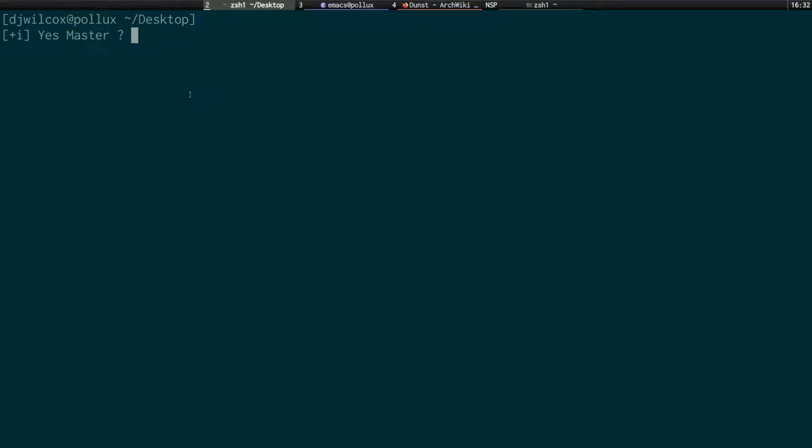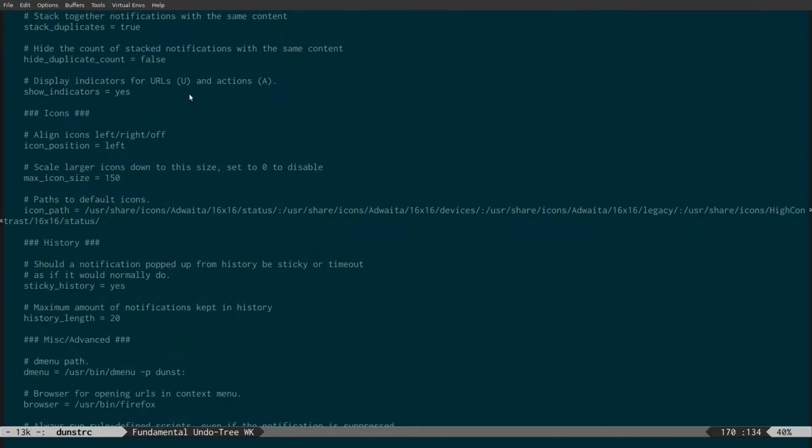I can't remember what it is, but the fix is to append this extra path: user share icons high contrast 16:16 status, to the end of this icon path in your dunst configuration file. Once you've done that, it will find the missing icon set, and it won't throw an error constantly in the